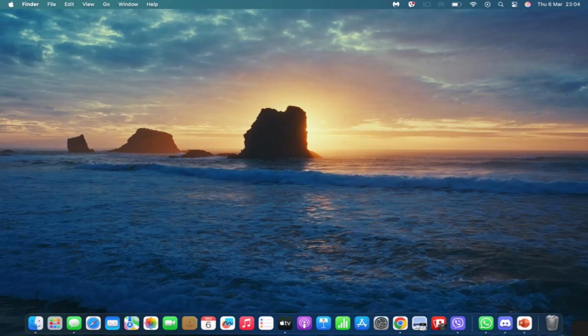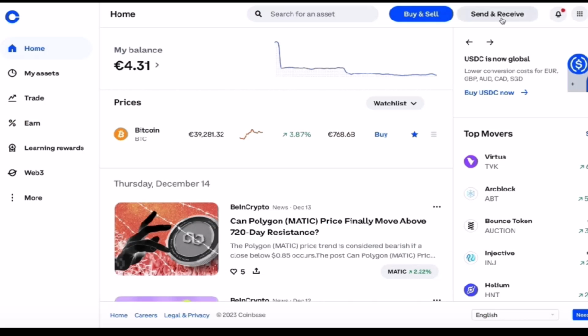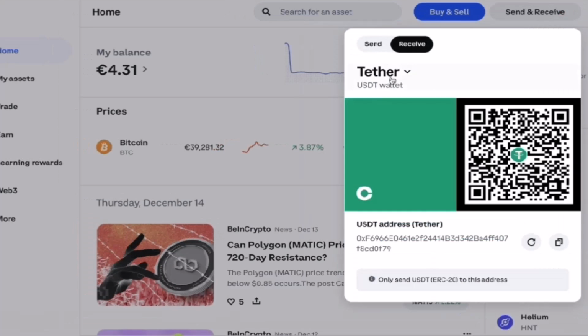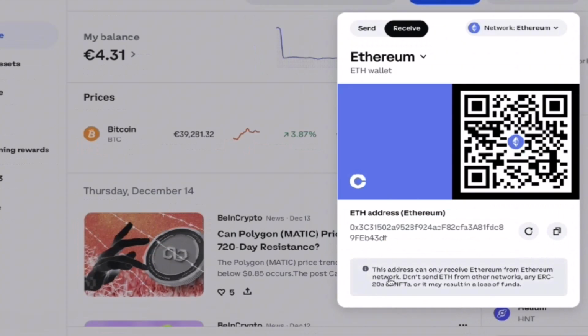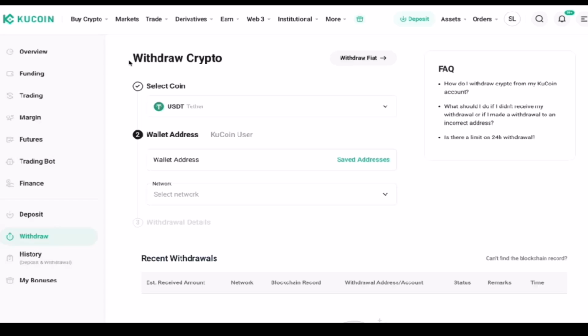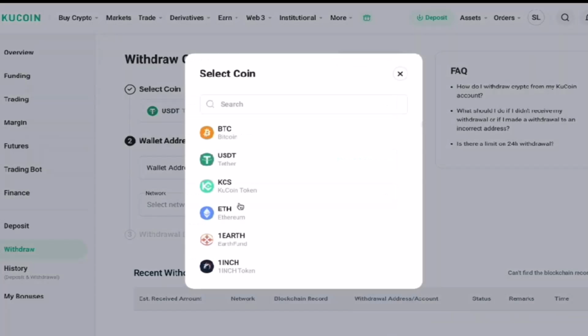So for this, all you gotta do is simply open your Coinbase and your KuCoin both. Once you have opened them, as you are transferring your assets to Coinbase, you have to go through your assets in KuCoin and then select transfers. Simply check with the KuCoin support team to guide you through the navigation and transfer from their platform to the